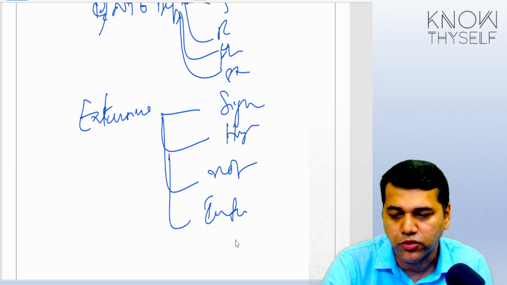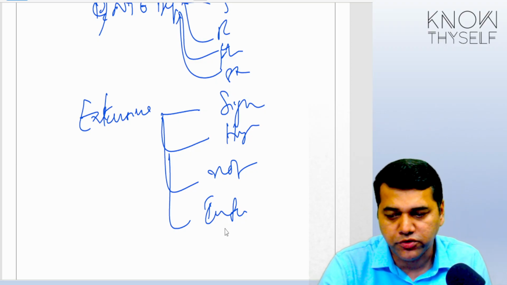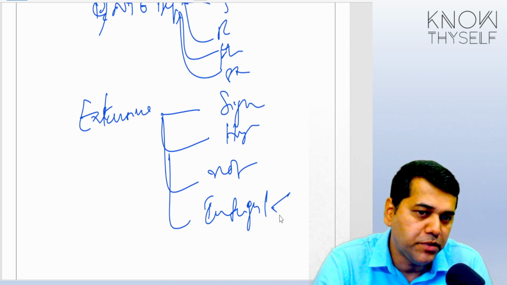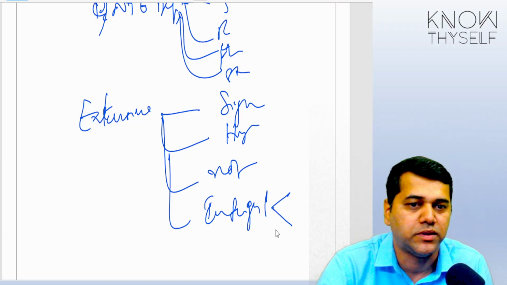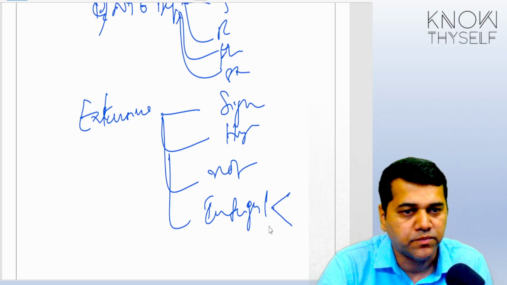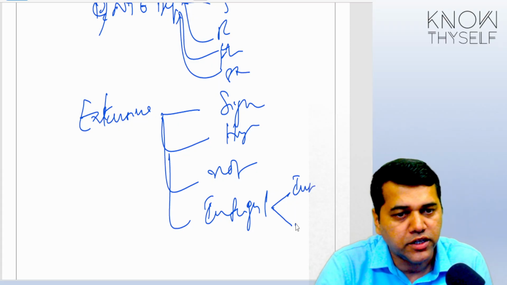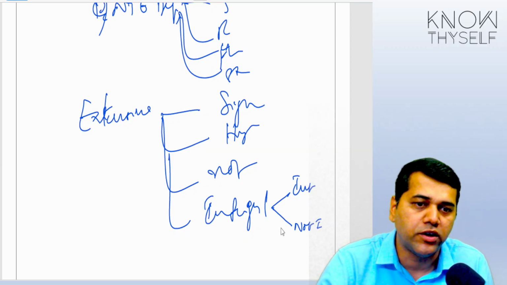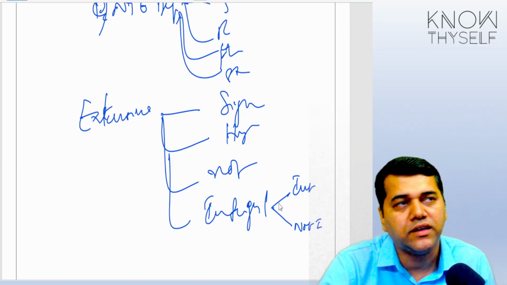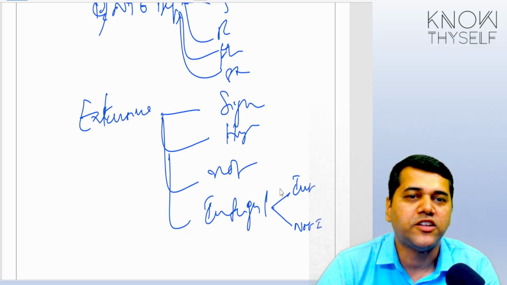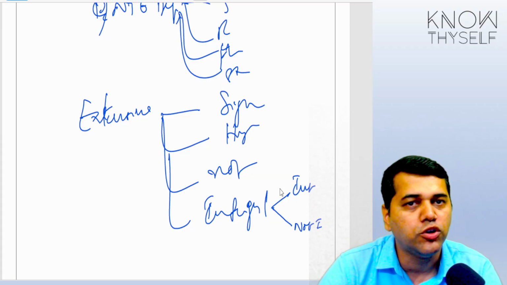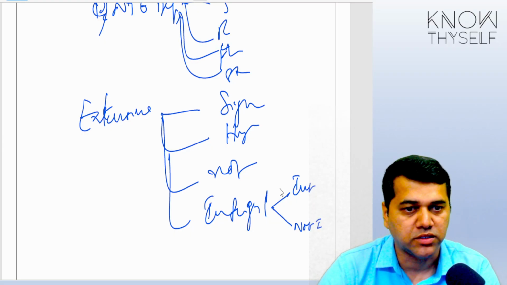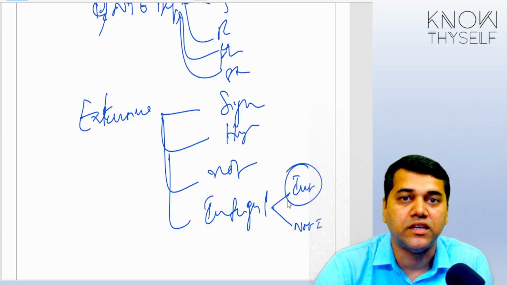Point number 4, expert performing audit procedures that are integral to audit. What is this integral to audit? There can be 2 scopes, friends. When you consult an expert, there are 2 elements involved: integral to audit and not integral to audit. For example, if an auditor consults an expert like a heart specialist, it's not that the heart specialist is going to do the operation, right? Now, if somebody is going to do the operation, then you say that it is very integral.